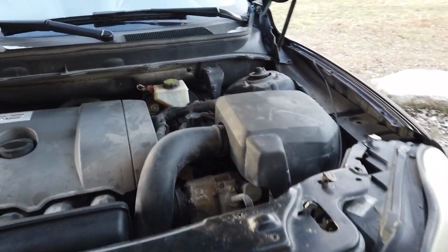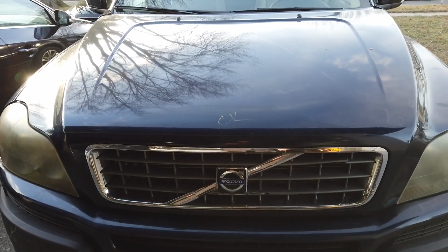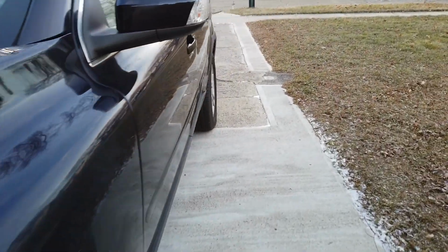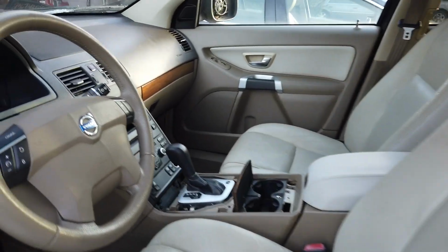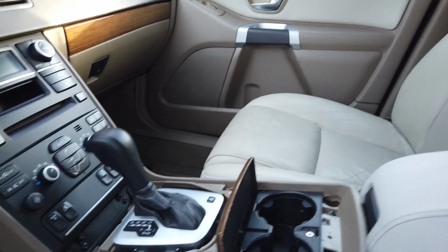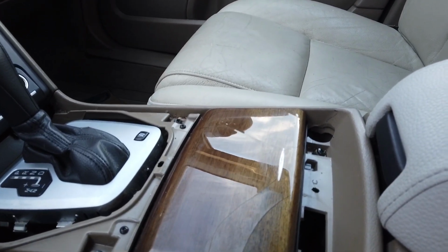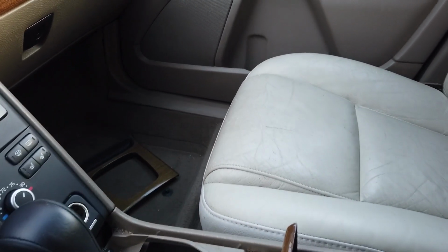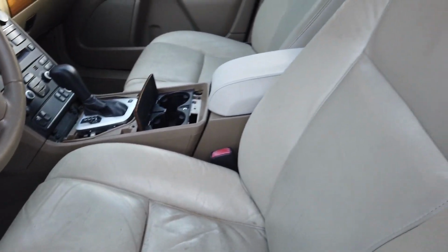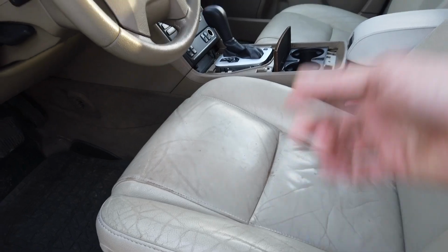And because this SUV is a 7-seater, any family can really fit in here, and that's what we have inside. I already removed the console here because this one is going to be replaced because it has some cracks, as you can see. I'm going to replace this. This is a cheap, easy fix, a couple of screws. I might also replace the bottoms of the seats, because the backs are nice, the bottoms are very easy to remove, and then I can remove these and then